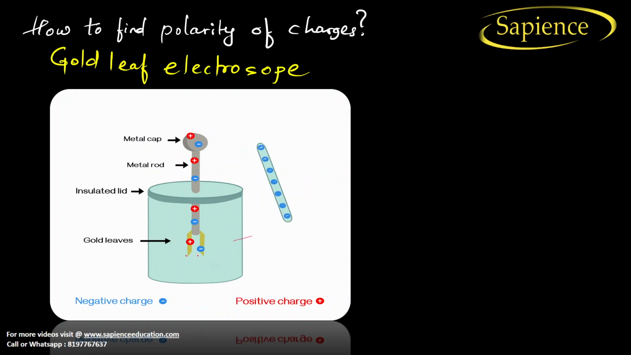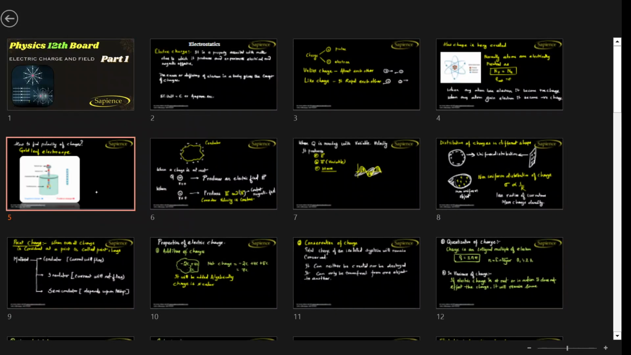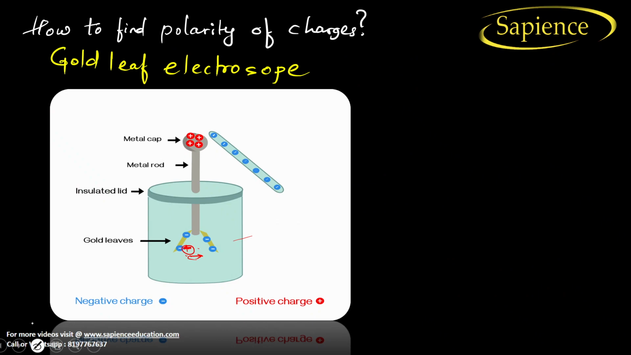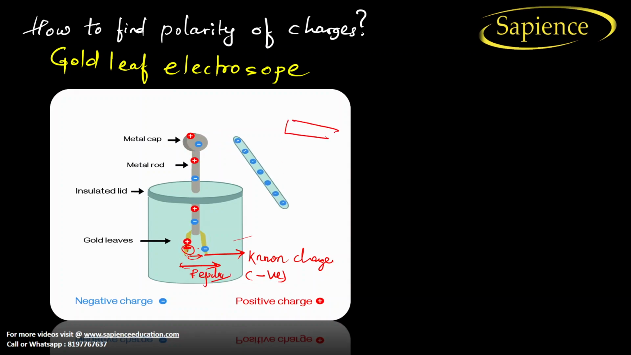So there is a repulsion in this gold leaf. Why? Because on both sides there is a negative charge. Got it? Now the task is, if you want to find the polarity of a charge, either it is positive or negative, we can put a known charge here. Let us suppose the known charge is negative. So due to this, what will happen? Repulsion is already there. Now if you put an unknown charge,